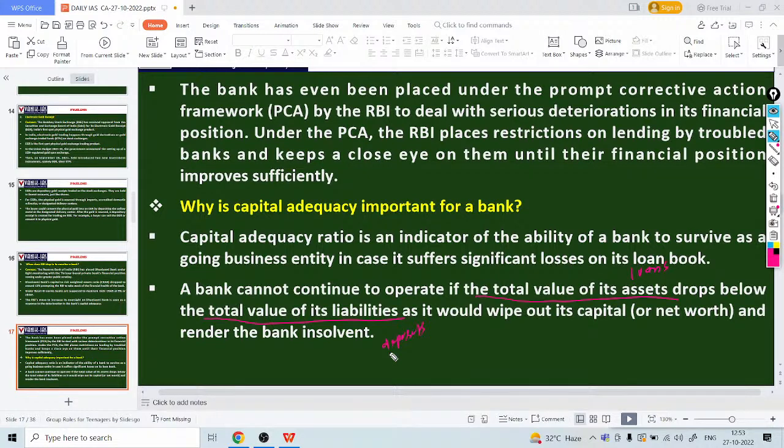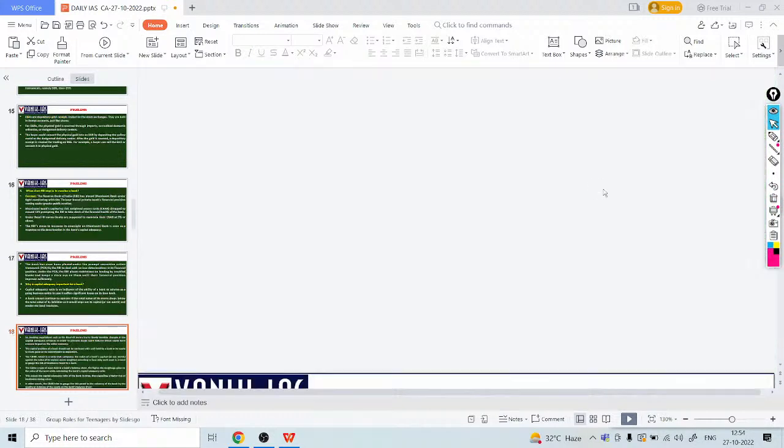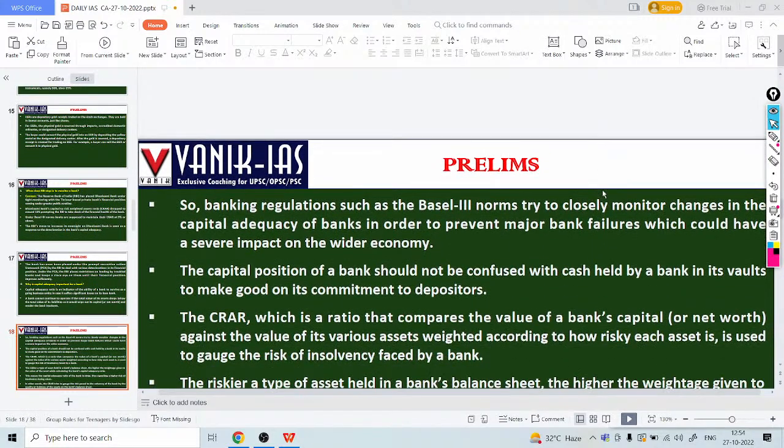That means under the circumstances, the bank has accepted more deposits but is unable to disburse loans. It doesn't have the funds to provide loans, so its funds are mismanaged. This is a very critical situation for the bank. That is why under the circumstances, banks are brought under the PCA framework. Fine. And this happened earlier regarding many banks, even many public sector banks, which were able to overcome it. And recently, as a proactive measure, the RBI has taken this on the Dhanlaxmi Bank, which is a private